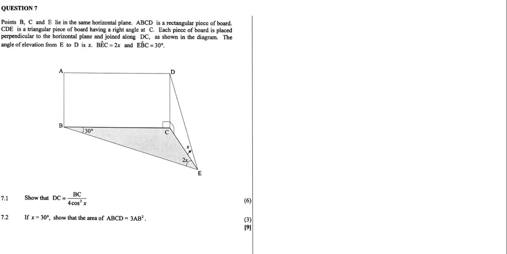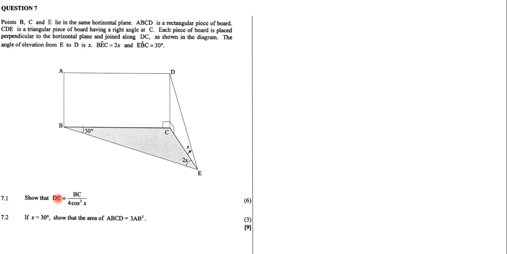Now the first question says, show that DC is equal to BC over 4 cos squared x. Alright, now how do you do that? How do you show that DC is BC over 4 cos squared x? The easy way to do this is to always make sure that, actually before we even get into that,